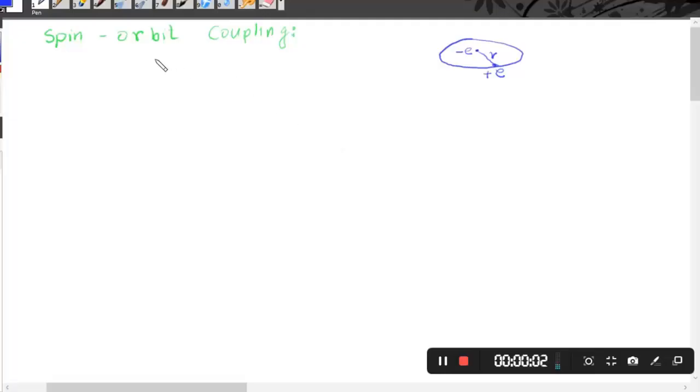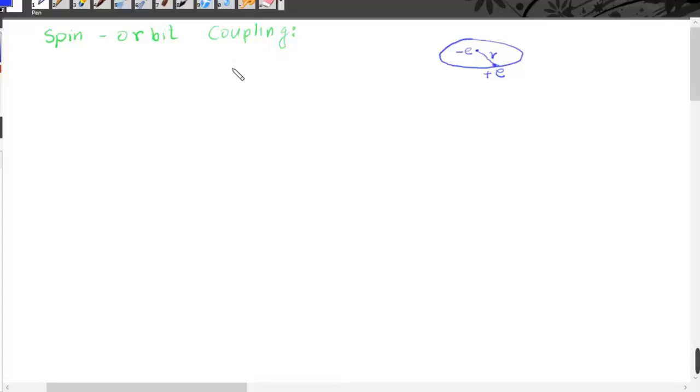Hello students, in this video we will discuss the spin orbit coupling. From the normal point of view, we consider the electron revolving in orbit around the nucleus. But now we consider the electron's point of view, and the proton revolves around the electron. When the proton revolves, it produces a magnetic field, and this magnetic field exerts a torque on